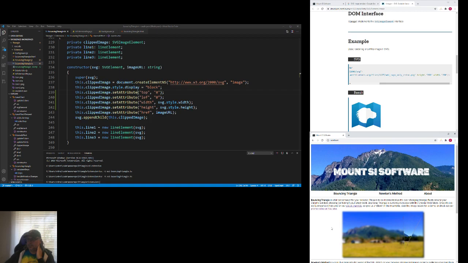It could be that either I'm pulling the wrong properties and I need to set different properties, or the SVG version of the image is scaling at the same aspect ratio, and I've given it these dimensions that may or may not align with the native aspect ratio of the image. That's a possibility. What we can do is,